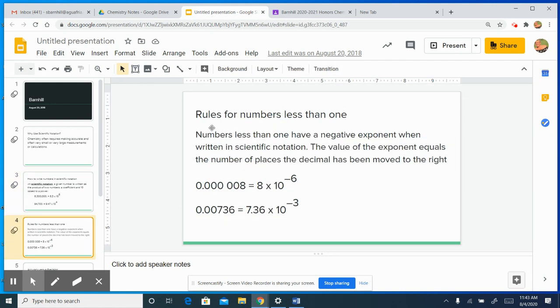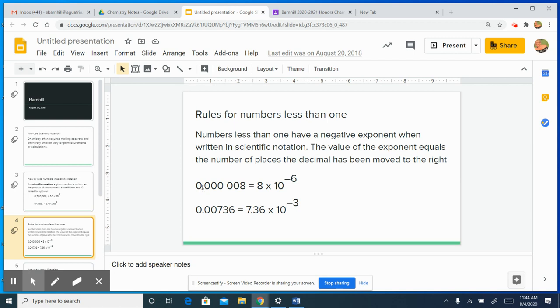Okay, so for the rules for the numbers less than 1, so for really small numbers, we're always going to have a negative exponent. So the value of the exponent, again, equals the number of places that we had to move the decimal to the right. So if we've got